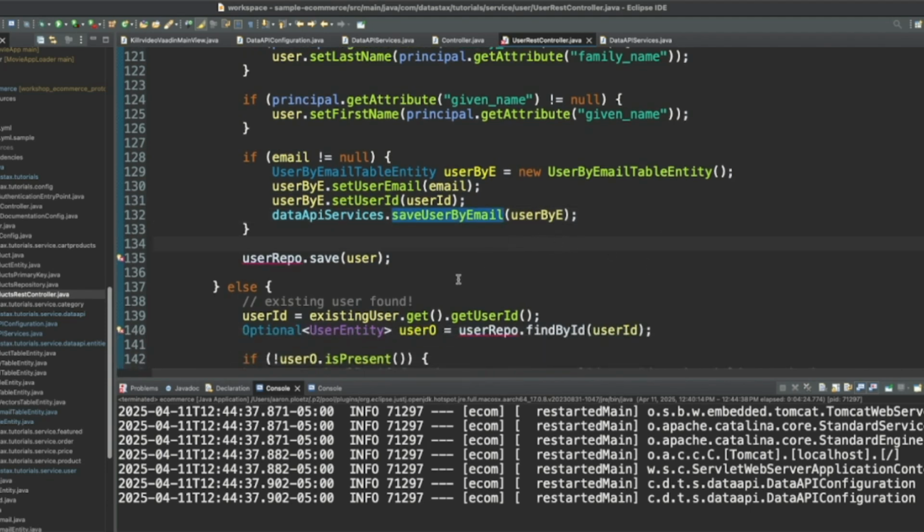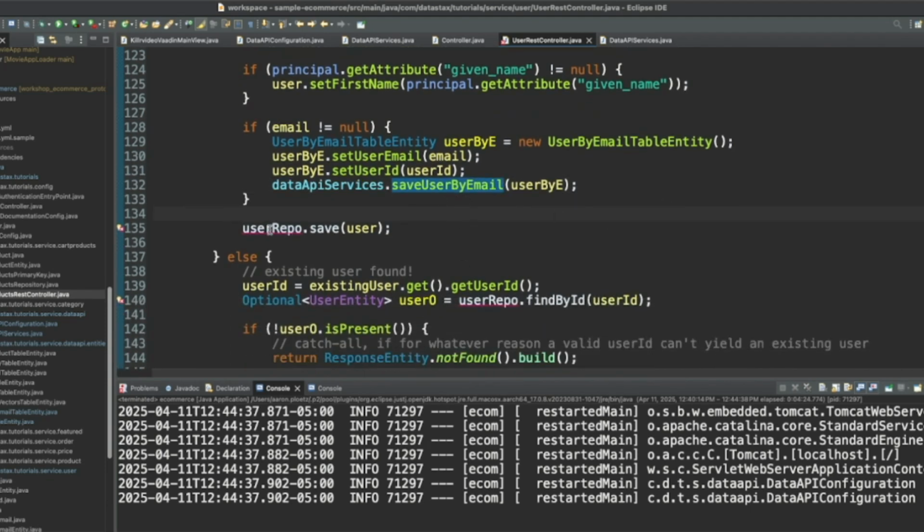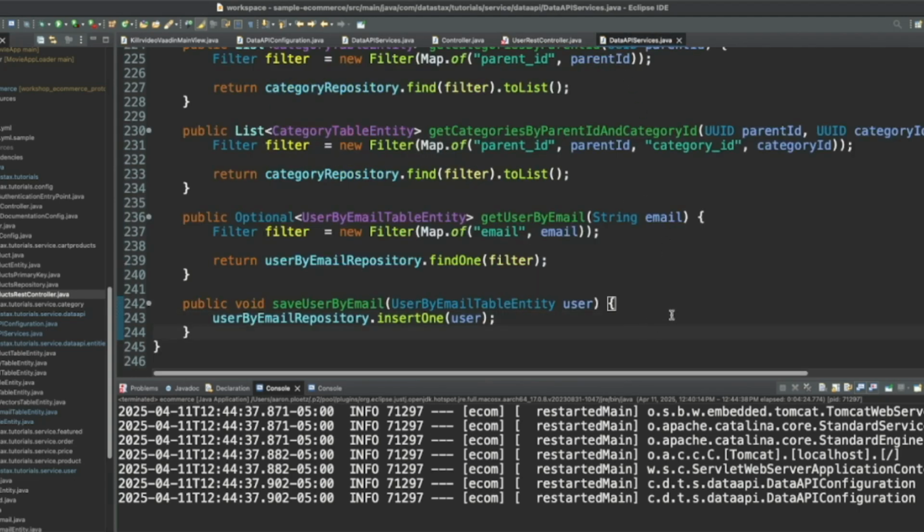And I can go back to here and save user by email works. Okay. We also need a save method for the regular user repository as well. So in this case, we're going to say data API services, save user, just like that. And then kind of the same thing. We can go back to here and say public void save user.